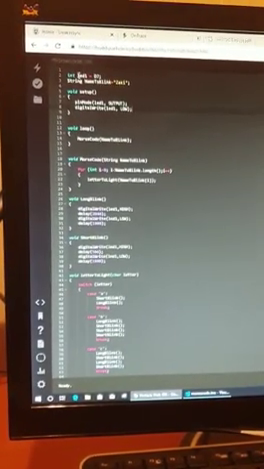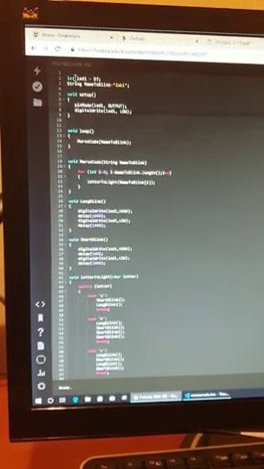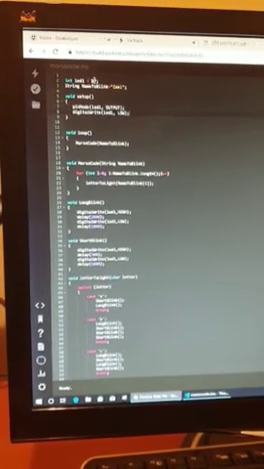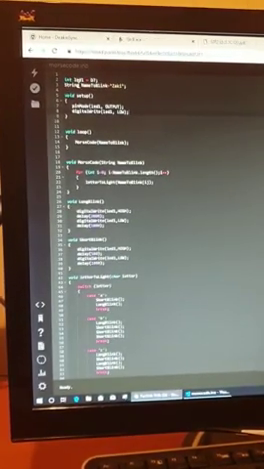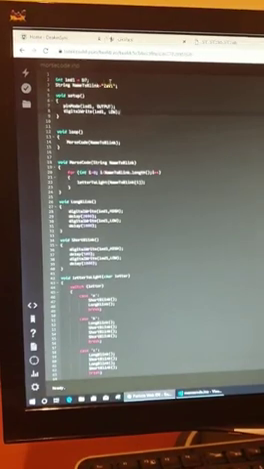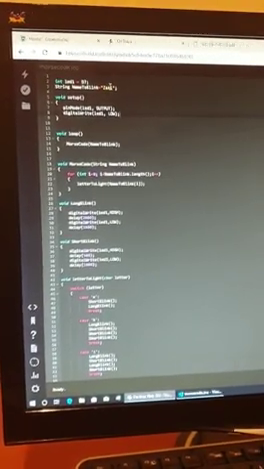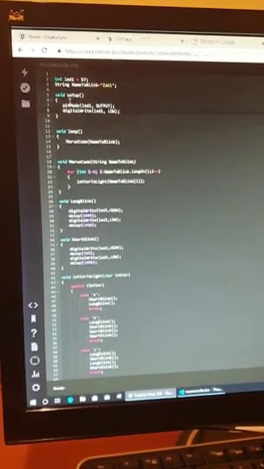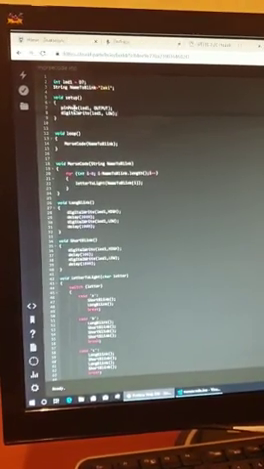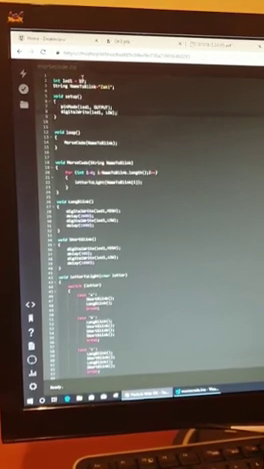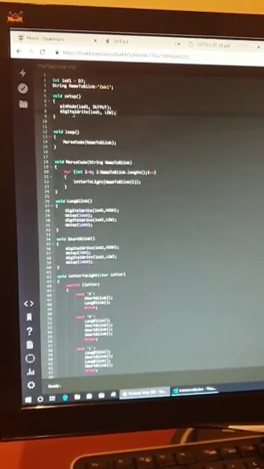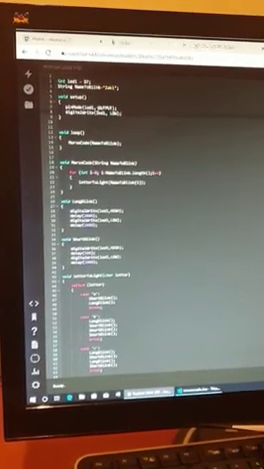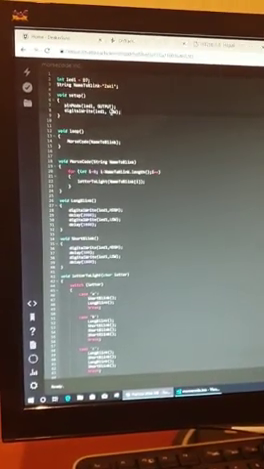First, we need to initialize some variables. We initialize LED1 as D7, which is the LED on the board. Second, we're going to make a string, name to blink, and put the name here, which we're going to use to blink. In the setup of the Photon, we use pinMode to set the mode of LED1, which is D7, as output, and digitalWrite LED1 to LOW, which means we start the D7 LED